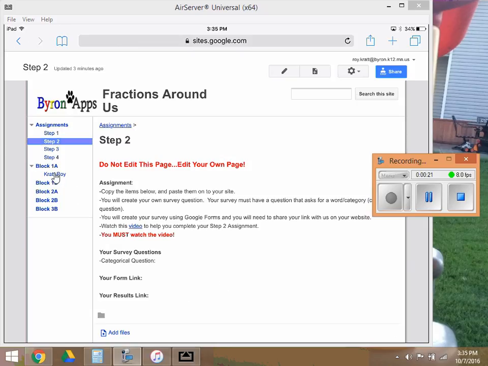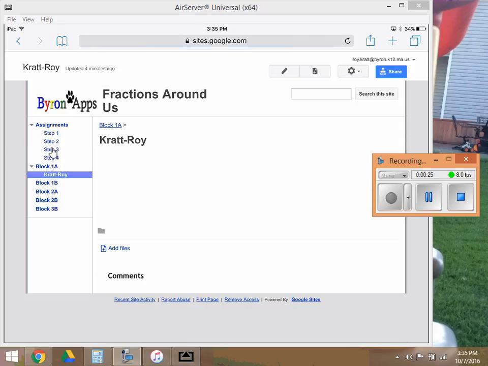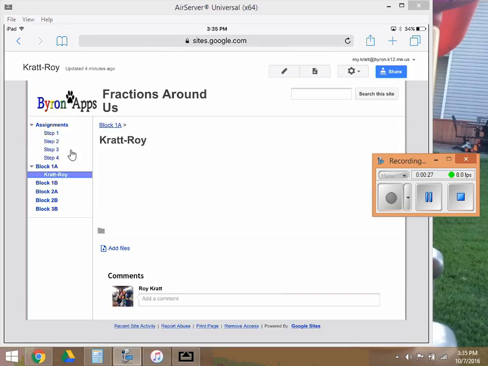So I'm going to click here on my page, because you're never going to edit these top pages up here, because those are my directions. So you're going to go onto your page. You're going to click the edit button. Again, if you don't see the edit button, you're going to have to sign in down here. So click on the edit button,